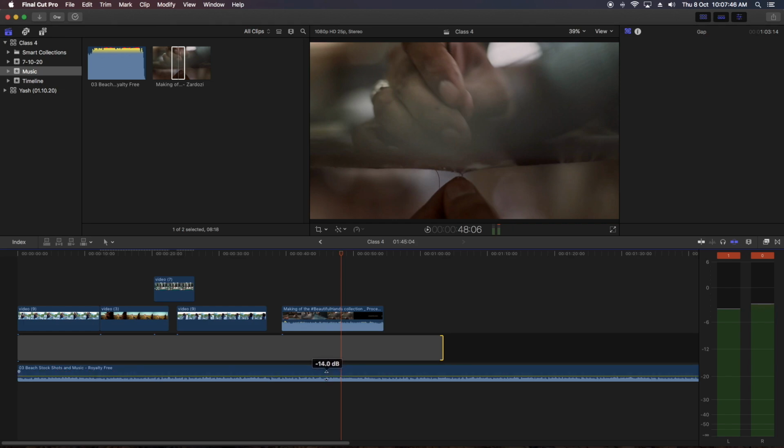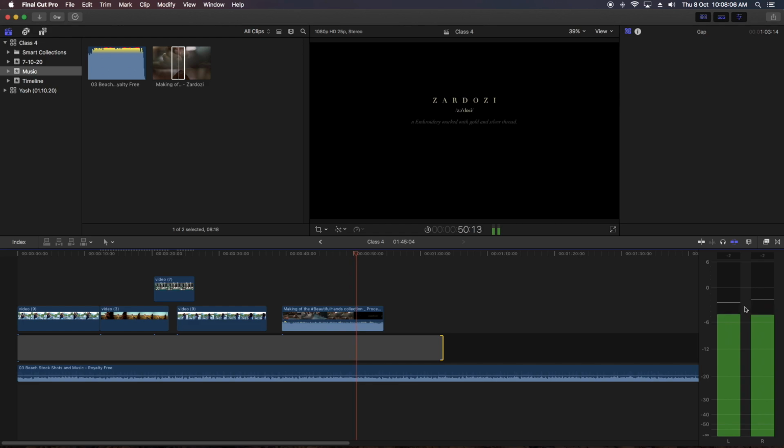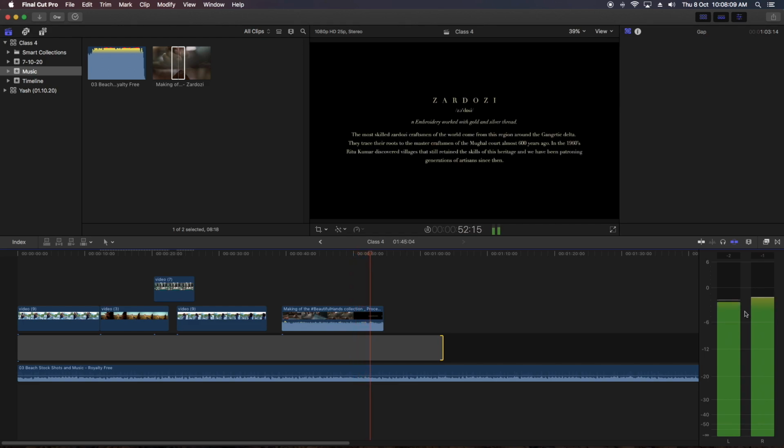If I move it down, look at the top, it's showing minus 12 dB, minus 13 dB, minus 10 dB. So I am lowering my audio signal. Now if I play, you can see the audio is down.